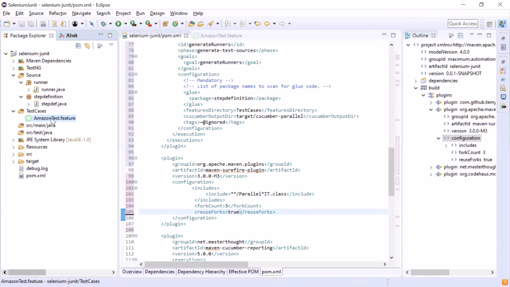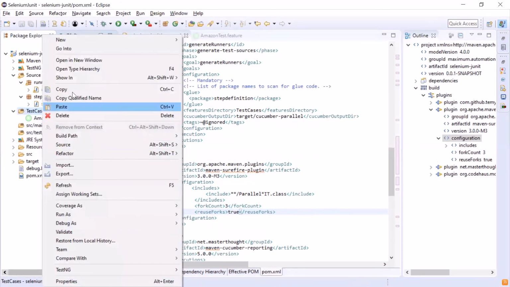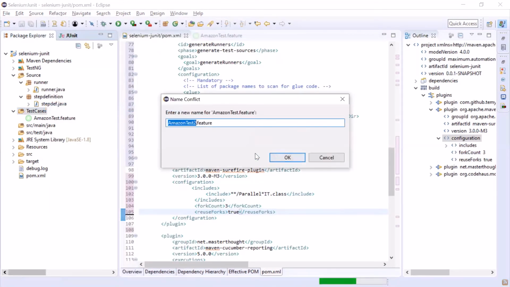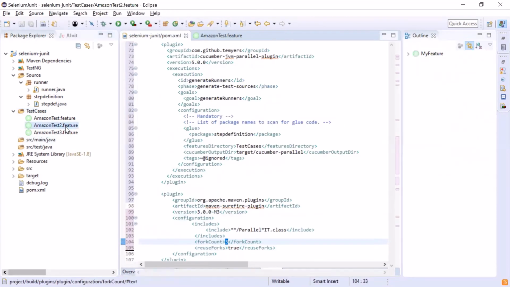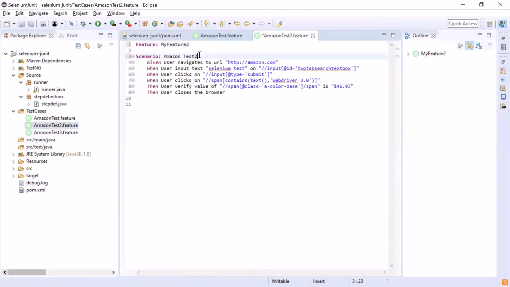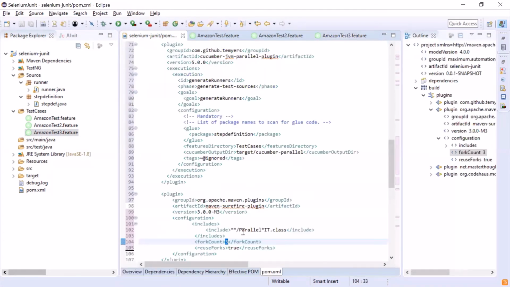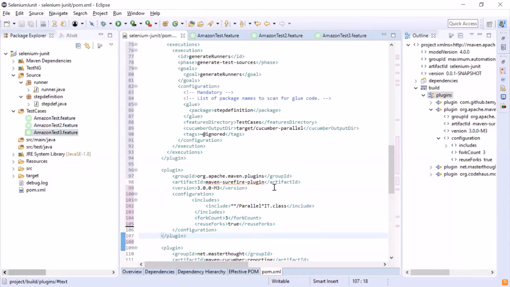So it's time to add more feature files in our test cases folder. I'll just copy this feature file and paste it to create more feature files. Then we'll change the feature and scenario names in the newly created feature files. So now we have 3 feature files to be executed in parallel.